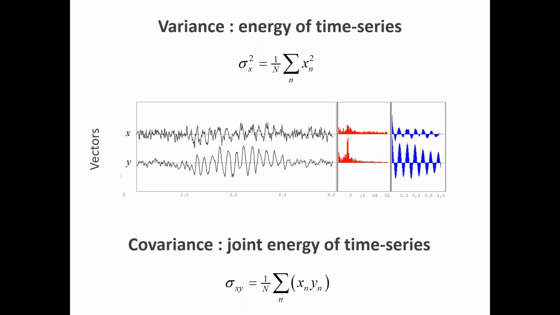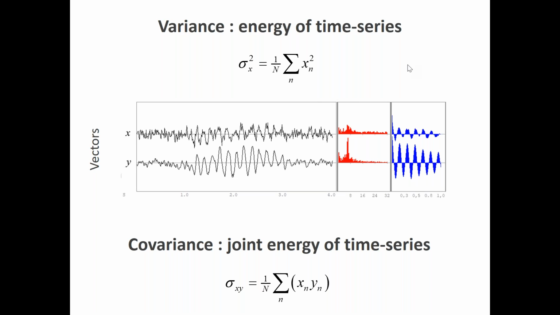And this covariance actually tells us how much those two signals tend to go together. Okay, so when one goes up, the other also goes up, and when one goes down, the other also goes down. If they do this, so they co-vary, then the covariance will be high. If they don't, if every signal does something different, then they do not co-vary much. So this number will be small.